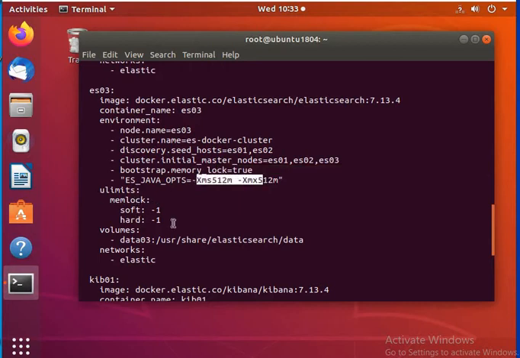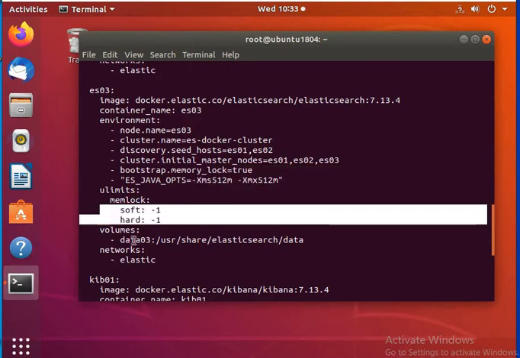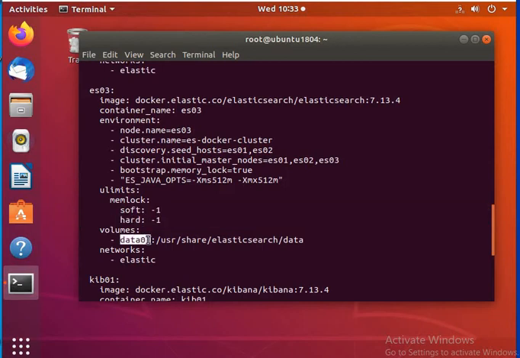Okay, ulimits, so we are defining it as -1, and again data03 we have to give for the volume for the third node, and this is the mapping with the Elasticsearch data inside the container. Okay, and this data03 will be in the host.